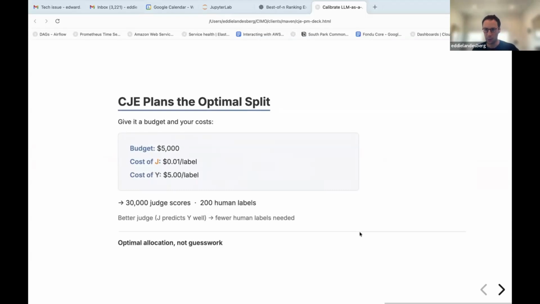But effectively, we're able to separate the sources of uncertainty. One source of uncertainty is how many total examples do you have? The other source is how confident can you be in the relationship you learn between the LLM judge and the expert? That's how many expert labels do you have versus how many total examples are you using? When you have both of these quantities, you can actually derive the optimal label budget, and that can save you a lot of money.